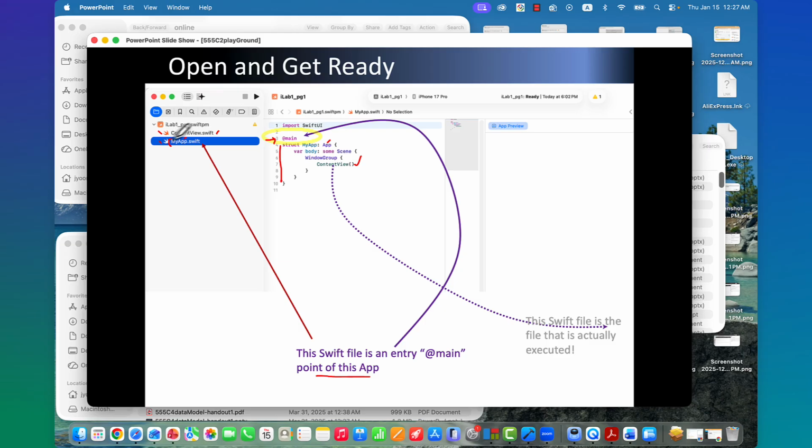What is my app? My app is nothing but app. Actually in object orientation, app is a type, app is a superclass, and this is a subclass, my app.